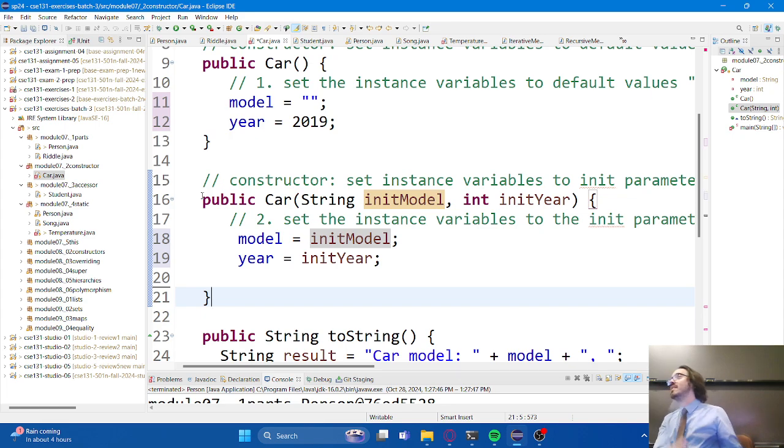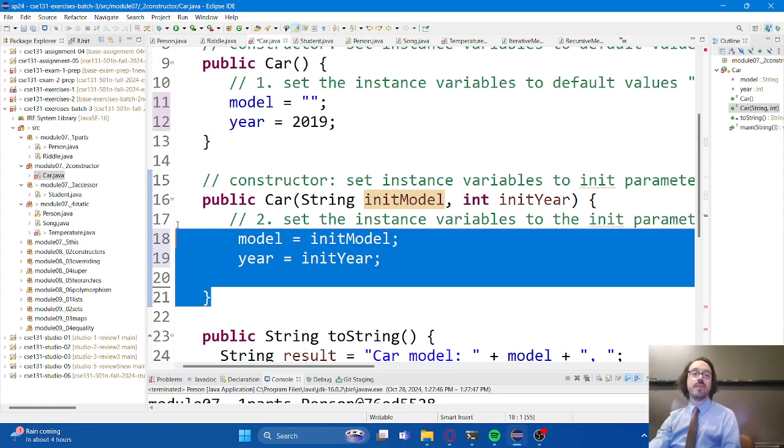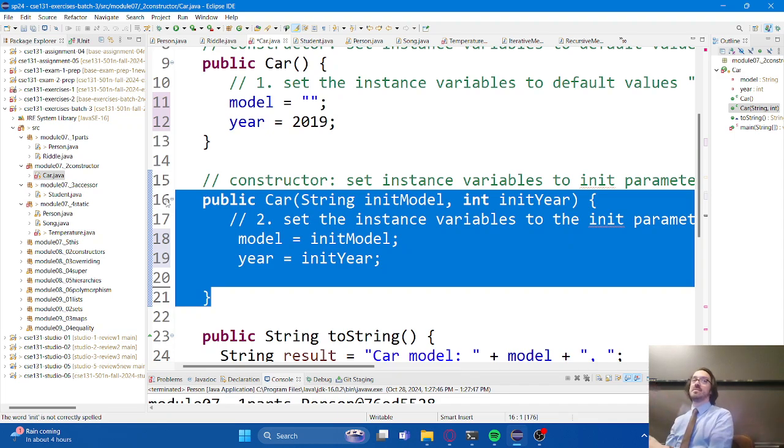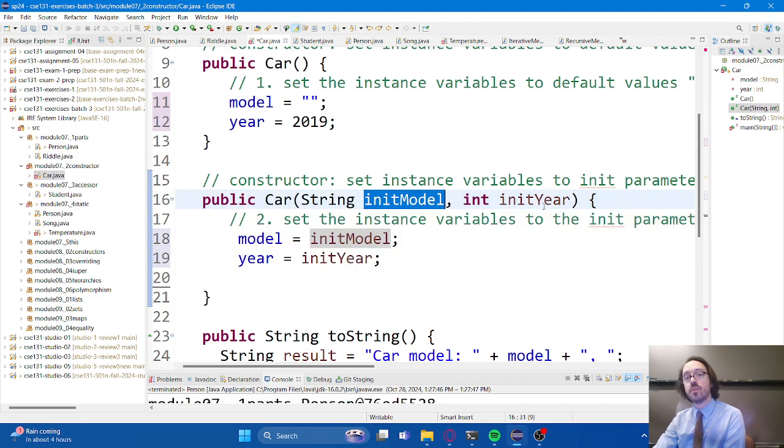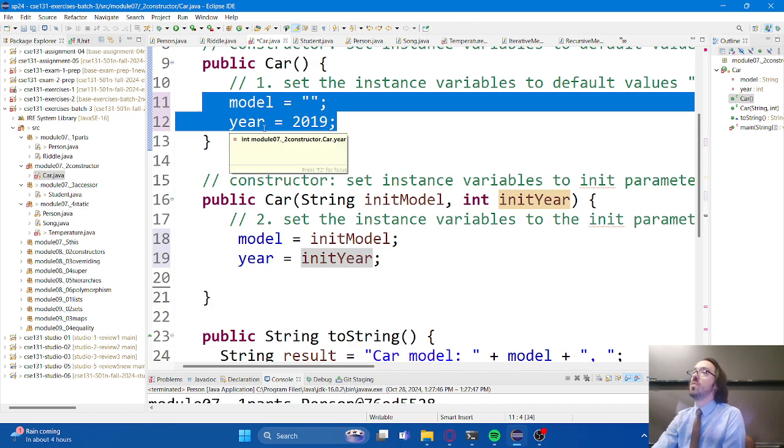Does that make sense? These are each creating cars. So what I'm actually defining here are two different ways that I can construct an instance of a car. And anytime I want to make a car, I will pick one of these two ways, depending on what my goals are. If I pick this way, then that gives me the ability to tell you what the model and year are. If I pick this way, then I don't have that ability. It just gives me this default one.